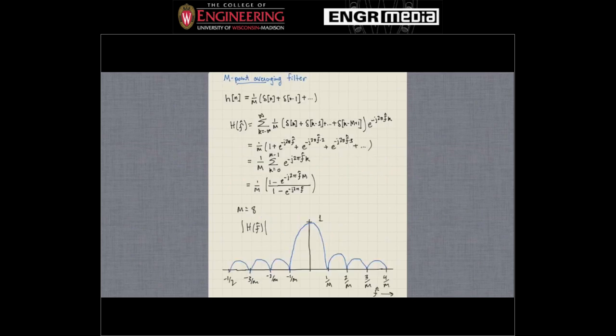So the next thing I want to do is discuss the endpoint moving average filter and how we can come up with a general definition, find the general frequency response for any M. We already did it for the case M equals 2, but let's leave it as a very general expression now. So the impulse response is just 1 over M times deltas at n equals 0, n equals 1,